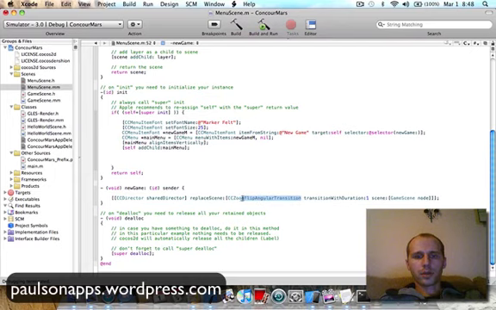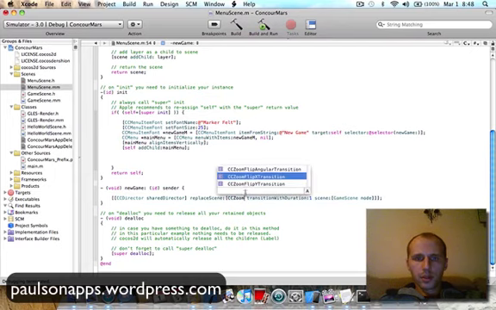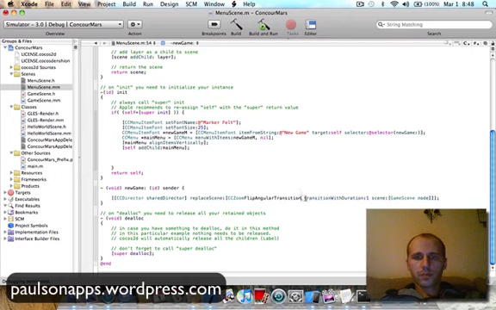So if I just delete that, let's just see what I can do here. Flip angular transition, flip X, flip Y transition. So pick that one. Transition with duration, 1, and then scene, the scene I'm going to transition into is my game scene node. So game scene will take us back up and send us into this game scene up here, which we'll talk about in a second.